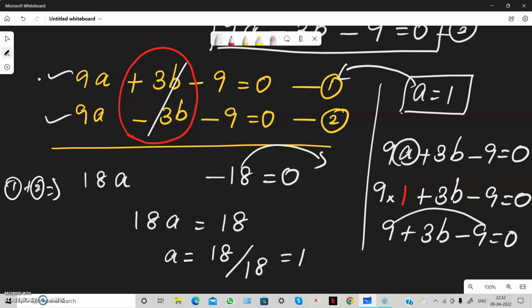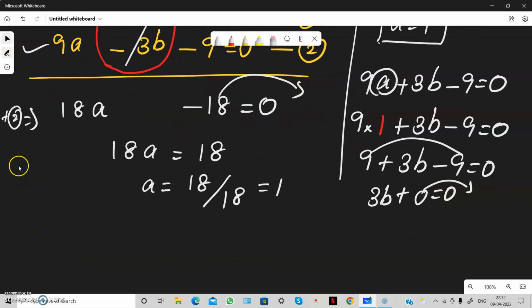So what is 9 minus 9? Obviously it is 0, equal to 0. If you transpose this 0 again, you get the same 0, right? So 3b,